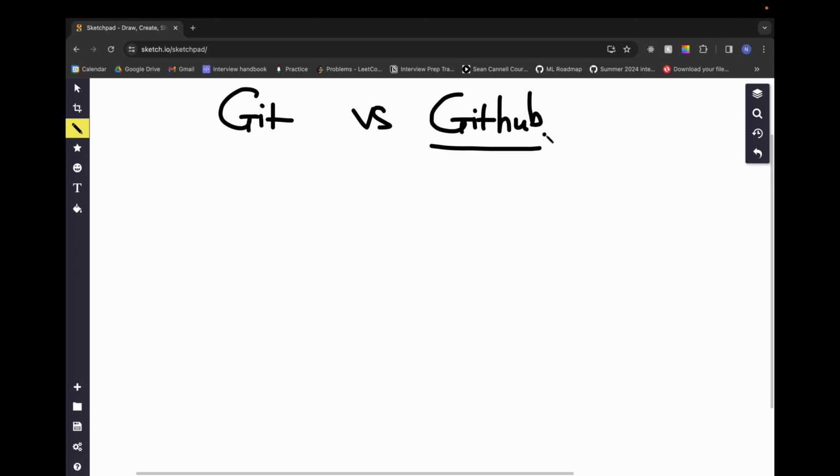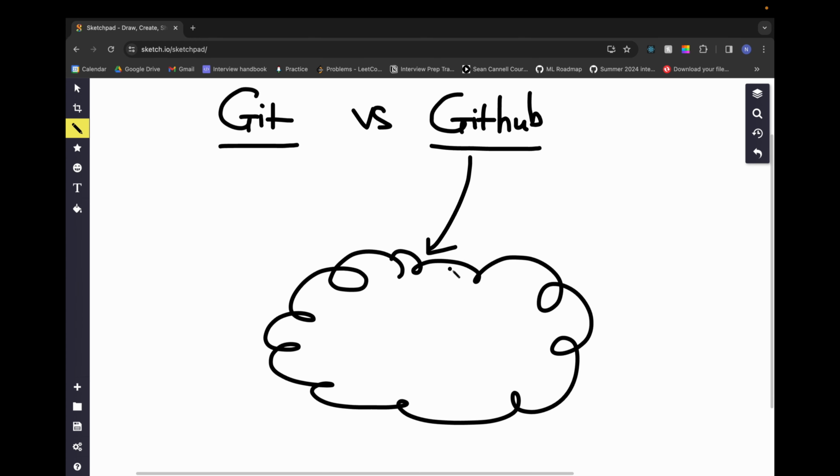So how about GitHub? Once you save the checkpoint using Git, the change is only saved in your local machine. What if you want to share this change with other developers on the internet? GitHub is a website that allows you to do that. I will show you the basic UI of GitHub later on. But for now, just imagine that GitHub is a giant cloud that saves the progress of every developer who works